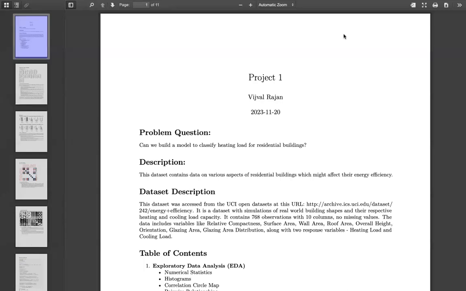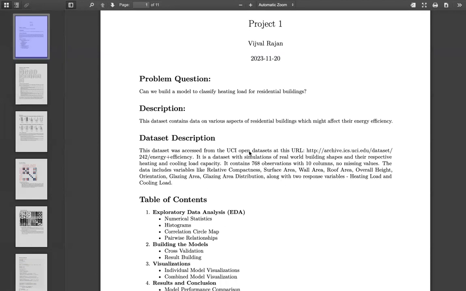This is my presentation on my project one. I chose the energy efficiency dataset from the UCI Open Database. What this dataset is, is a simulation of different model or building shapes, and it gives you all of these different